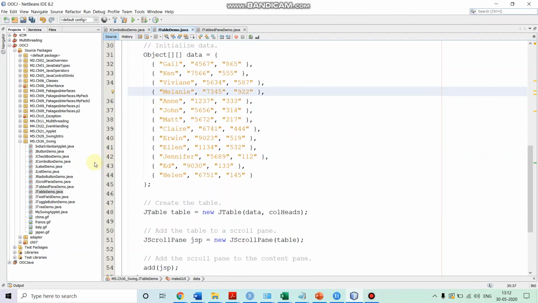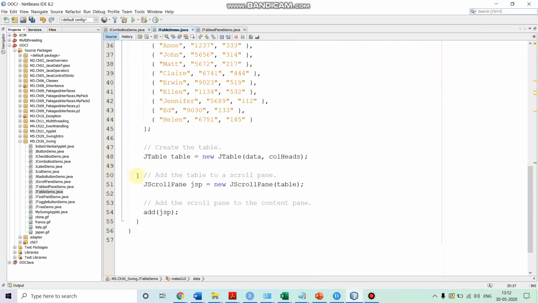Once we have these two arrays, we instantiate the JTable. We call new JTable and pass the data array and the column heads array. This will create our JTable object, table. Since we want to make our table scrollable, we instantiate JScrollPane. We call new JScrollPane and pass our table as a parameter in order to make the table scrollable.